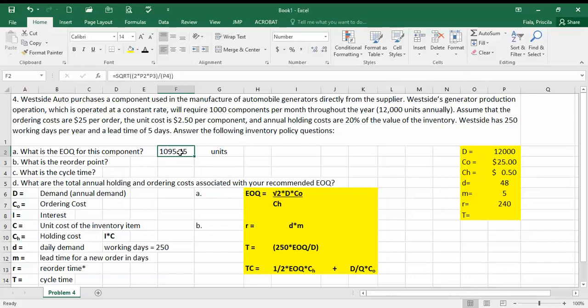Or even, you don't have to do 1,095. Maybe you would go ahead and round it up to 1,100 instead of just 1,096. Or you could even round it down to 1,000 if you want to have a number that makes it easier for everybody to understand and you don't have all these broken digits. In this case, I'm going to leave it like this,